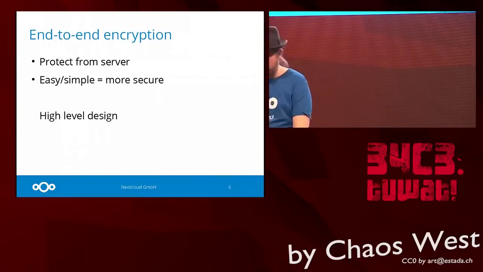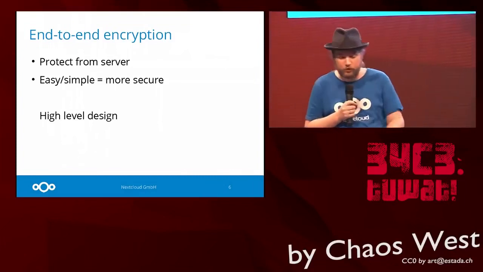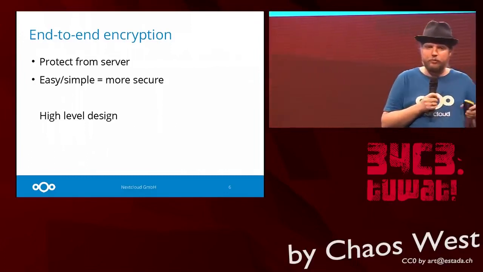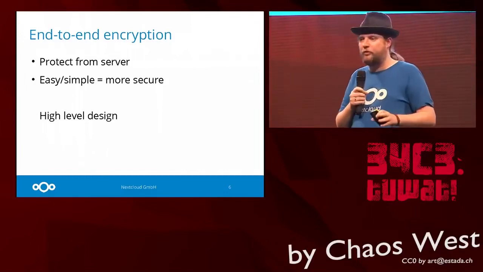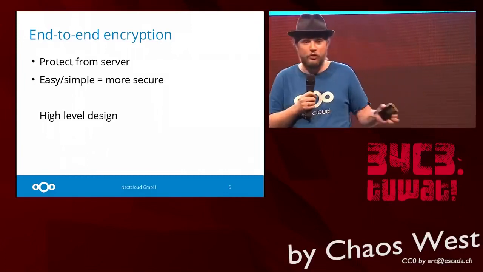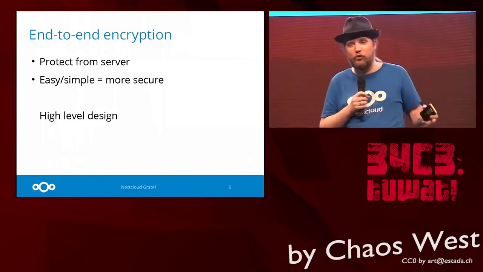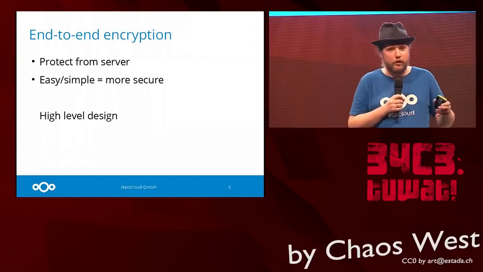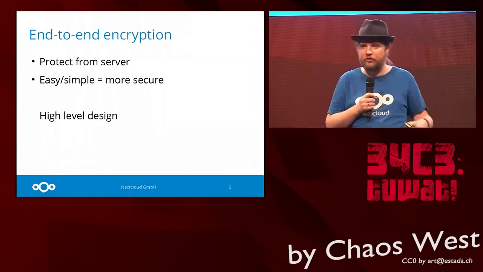Yeah? And the second element that is really central to the end-to-end encryption is ease of use. It should be simple, because the biggest issue with security is always the user. Right? It's always the user that's the weakest link. So if it is not easy to use, people are going to make mistakes, and if they make mistakes, the